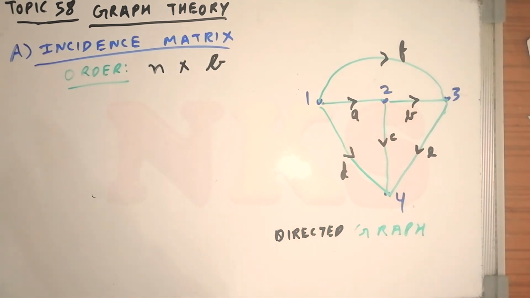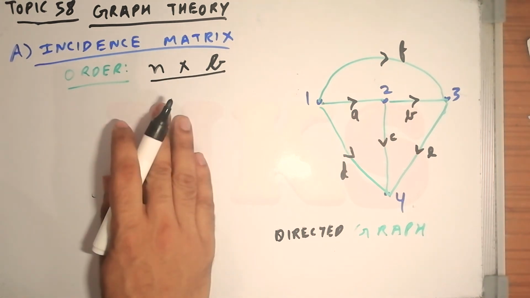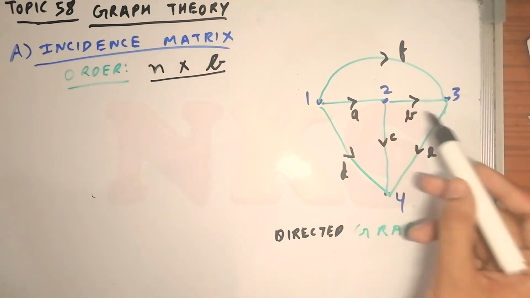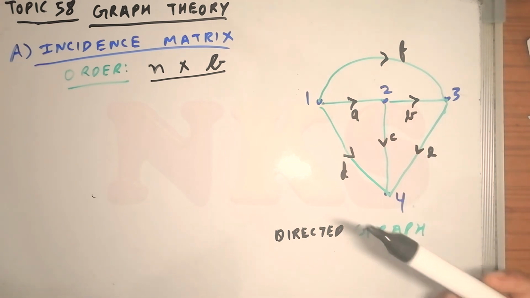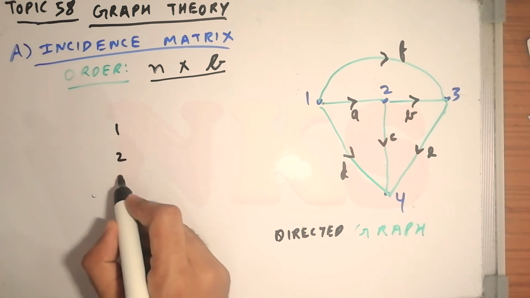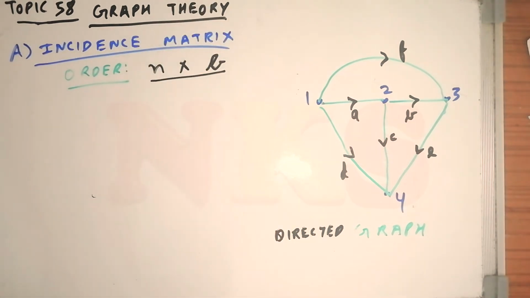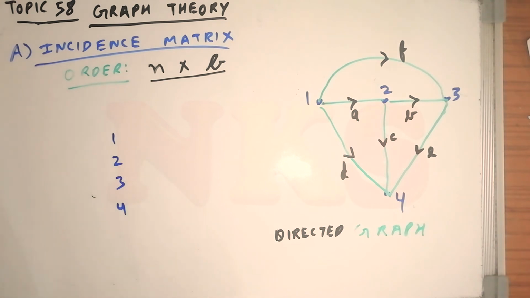Okay, so this you should always remember. So that will be the order, that is N rows and B columns, for the branches. So how many nodes are there in our directed graph? See, for example, I am taking this graph throughout the discussion. So 1 2 3 4, so there will be 4 nodes. Let me write them with blue pen so that you will be very clear. 1 2 3 4, that is my 4 nodes.